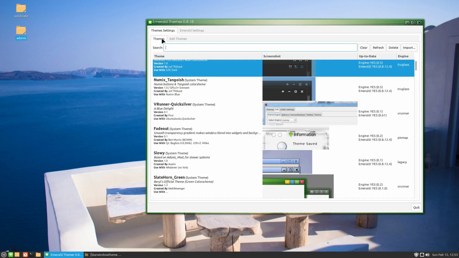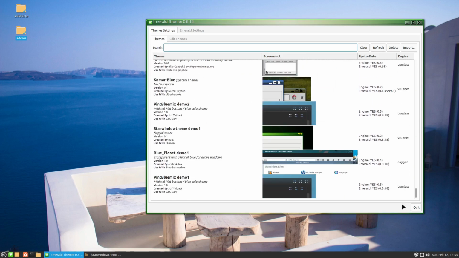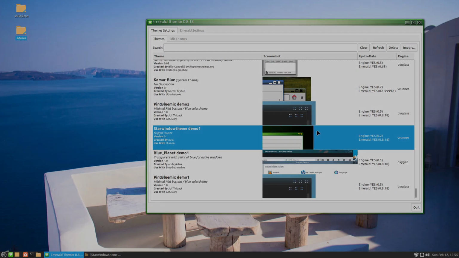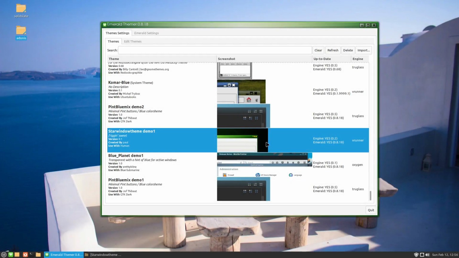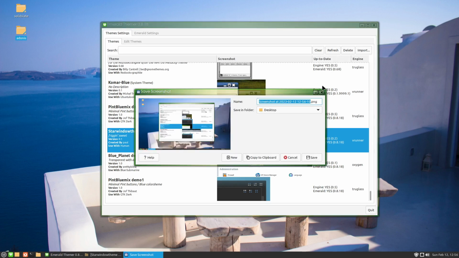And there we go. We've got that theme now saved. There. So you can see the preview here, the screenshot, doesn't represent what we've now got. So what I'm going to do is take a screenshot